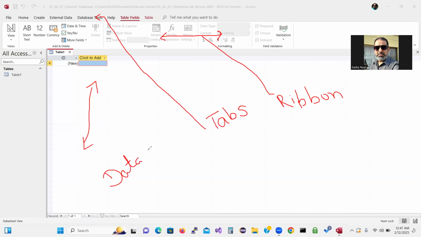Is a data sheet. You are in a data sheet view, right? Data sheet view. In a data sheet view is the view where you can create the columns and also you can enter the records. So remember the columns in your data sheet is what we call in Access, we call them field,